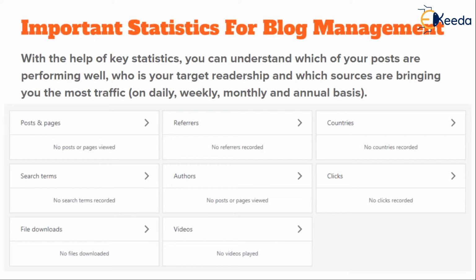Now, a lot of this seems very far-fetched, especially when you're just starting out your blog. You may think, I'm never going to post videos, I'm never going to give file downloads as an option. But you cannot really predict how your blog will shape up in the next year, 2 years, 5 years or so. Therefore, it's always important to understand and explore what are these various statistics which your content management system can